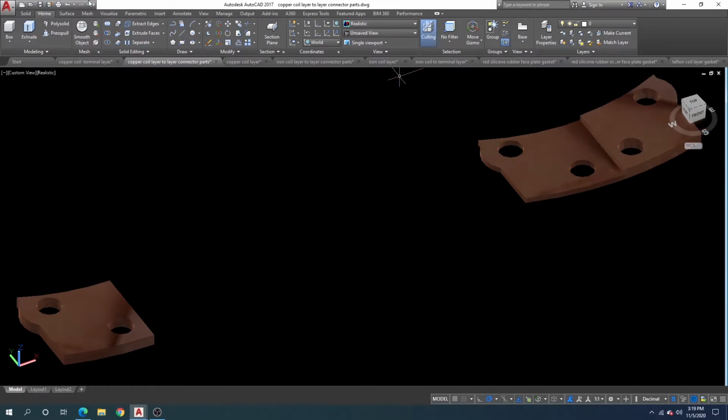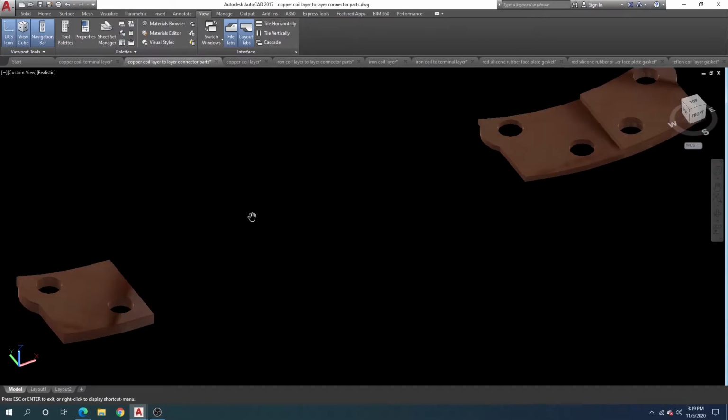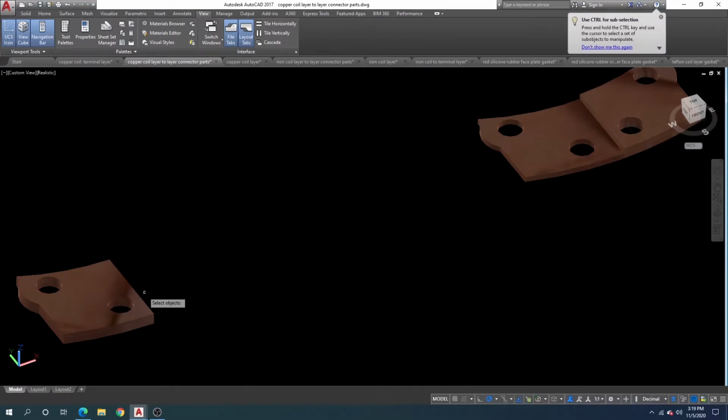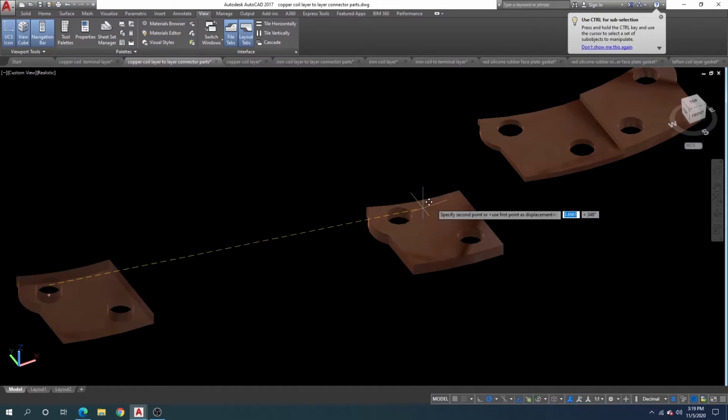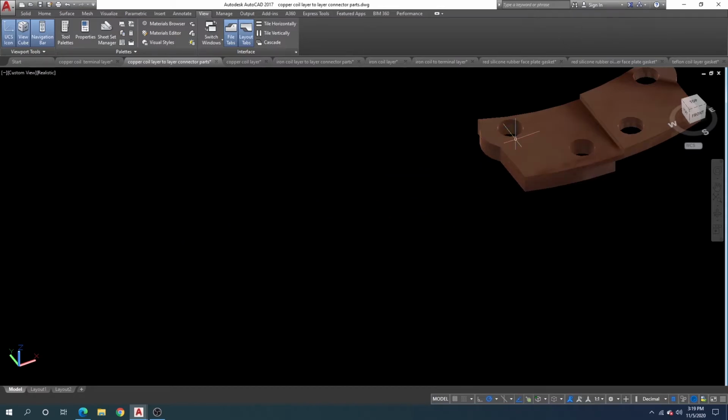This here. And okay. So I'm gonna move just like that here. Like that. Okay, so I just assembled